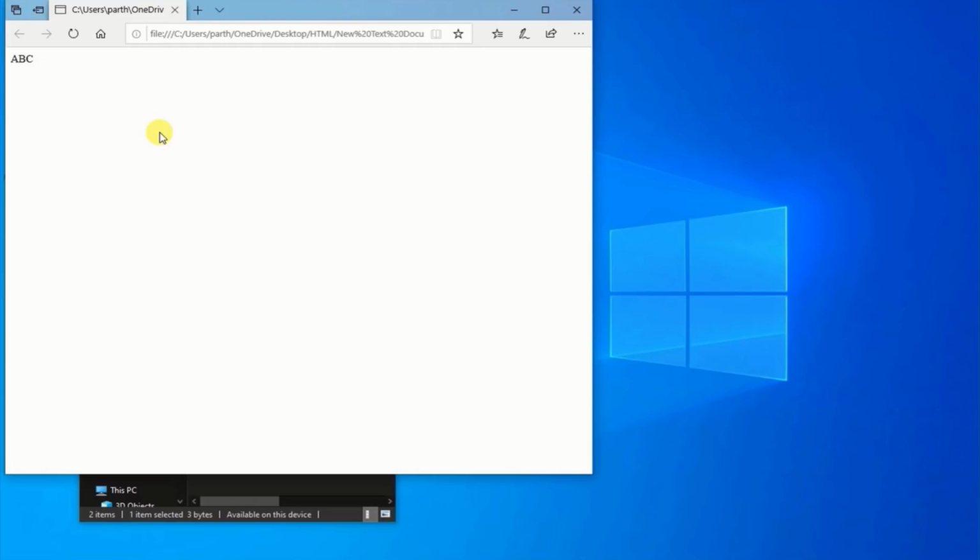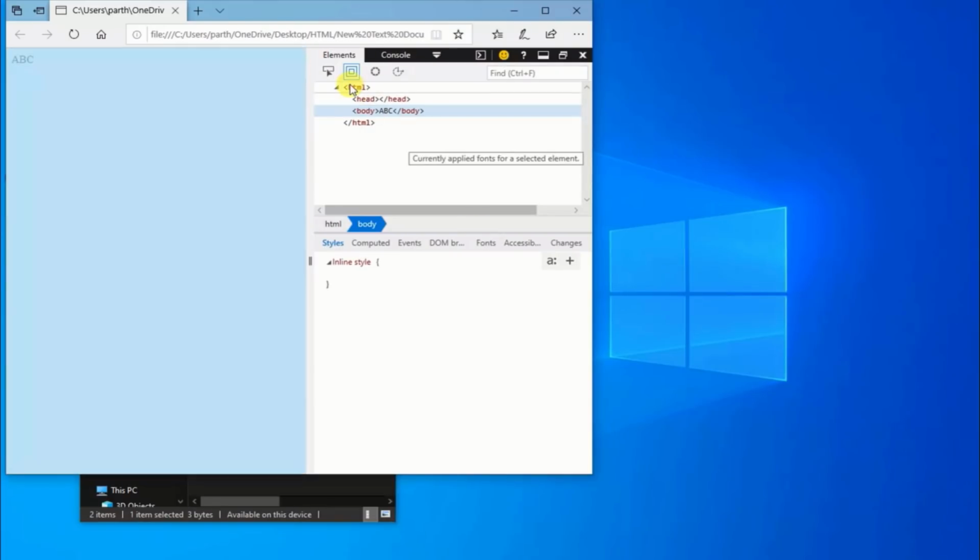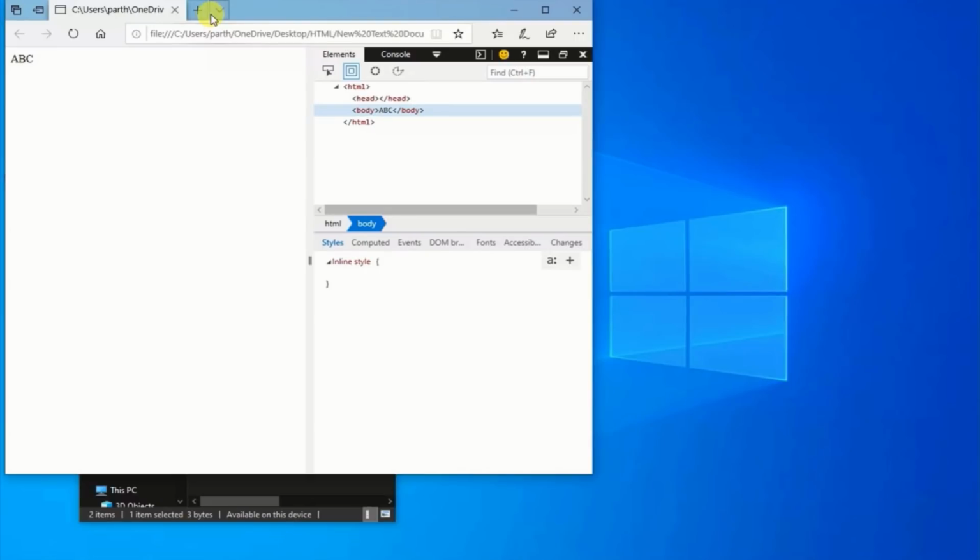The question on your mind is how? Just do one thing. Right click on the body section of the HTML page and select Inspect Element. As you can see, the HTML body element is automatically given because we saved that file with .html extension, and .html extension goes with an HTML web page only. But this is not a proper way. This is just for knowledge purposes only. We can come to a conclusion that every HTML web page has 3 basic required elements, which are described in lesson 1 in depth.